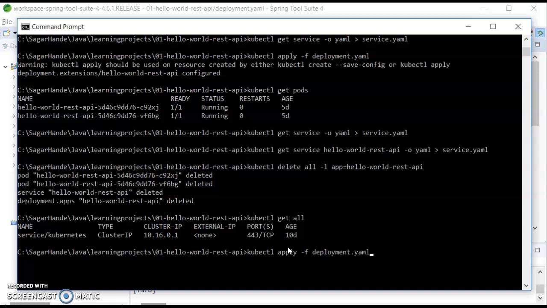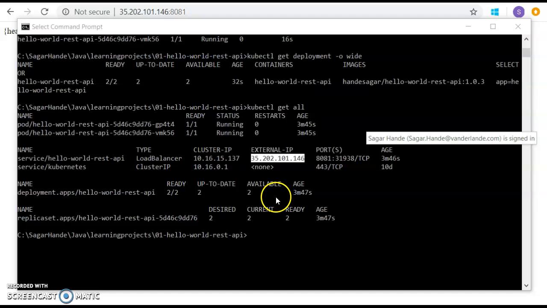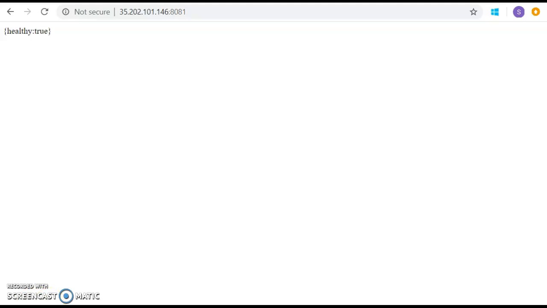For that, we will just use this command, and let's press enter. Okay, and then execute the command kubectl get all, and let's see what resources are created. See, two pods are created, service also created, load balancer is also created, and deployment is also created, right? So now our application is completely up and running. And if I use this external IP address to hit our application, we can see our application is healthy and running. So we can really deploy everything using this single deployment.yaml.